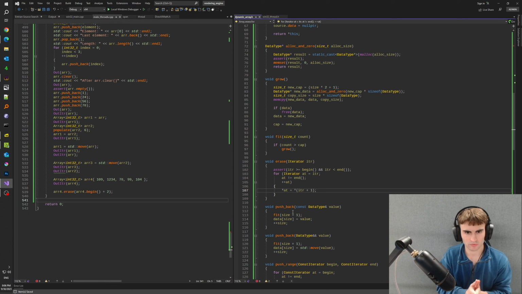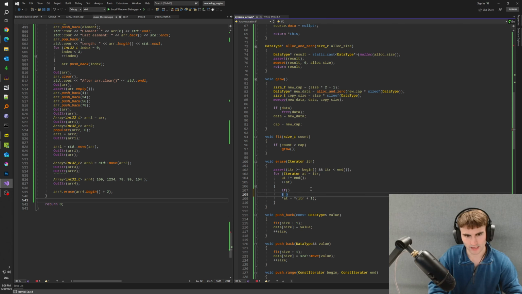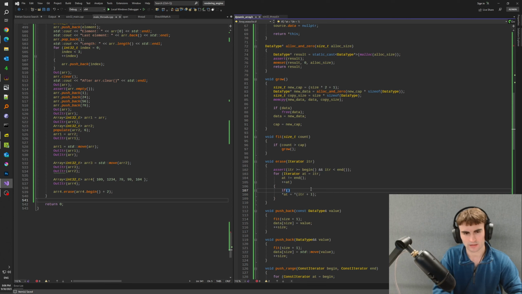Because since we removed an element in the middle, for example, the next element that will occupy its place will be the element which is right after that. So that's why we have to add 1. But we have to introduce a check for the last one. So it's basically we have to do that operation until at